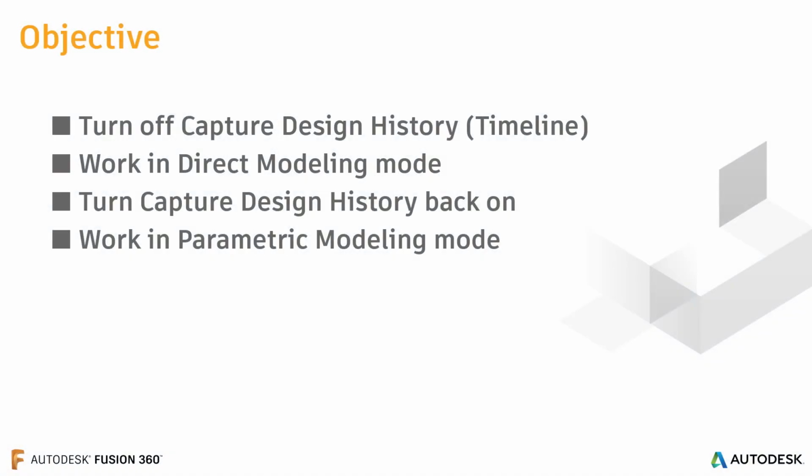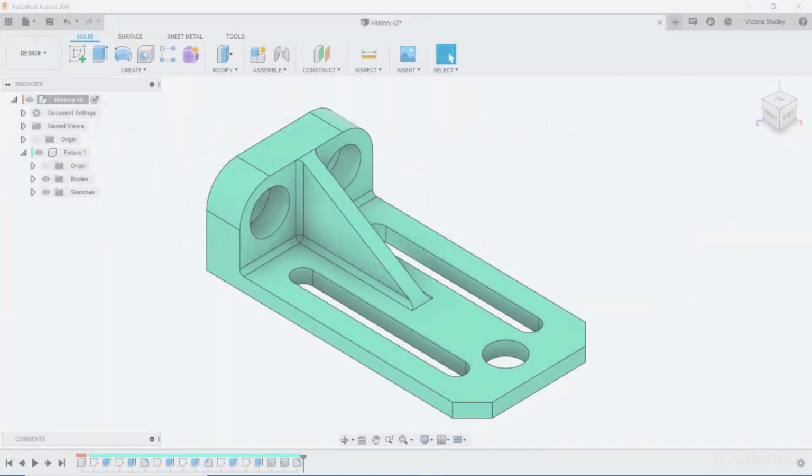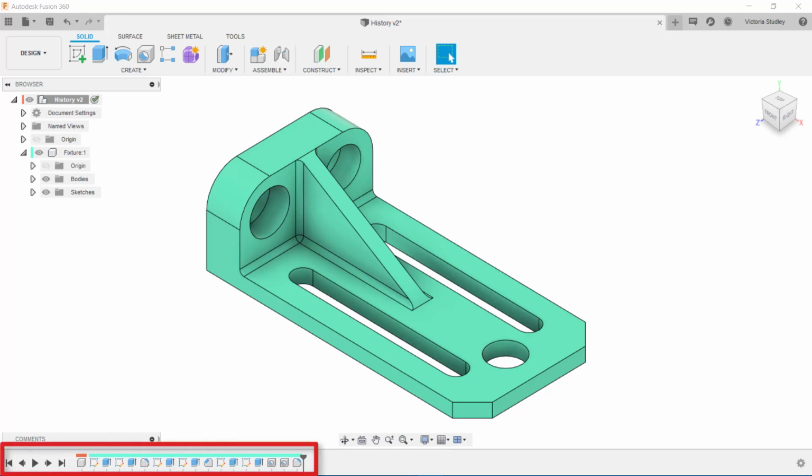In this video, you'll learn how to switch between parametric modeling and direct modeling modes by turning Capture Design History on and off in Fusion 360. When you create a new design in Fusion 360, Capture Design History is on by default, which is the parametric modeling mode. You'll see the timeline at the bottom of the canvas, which lists the history of operations performed in